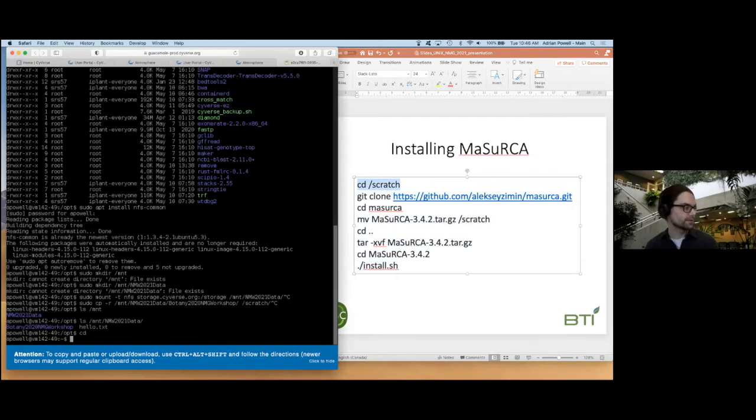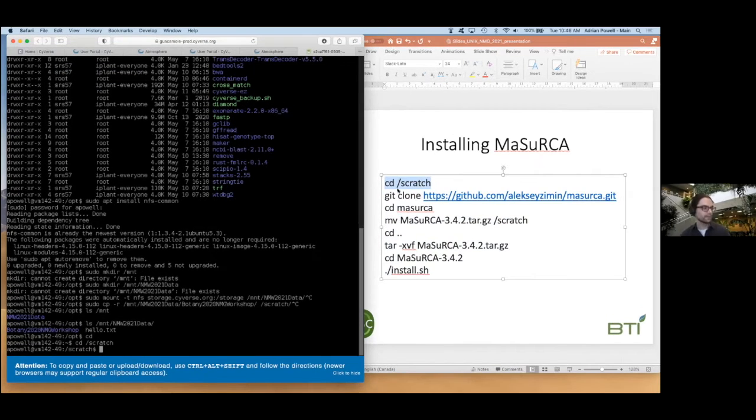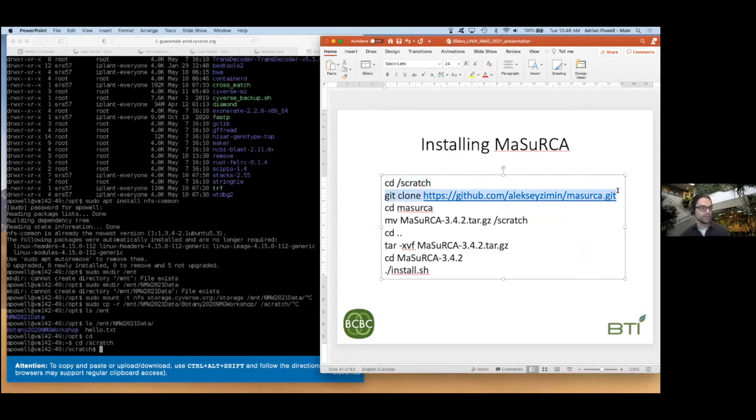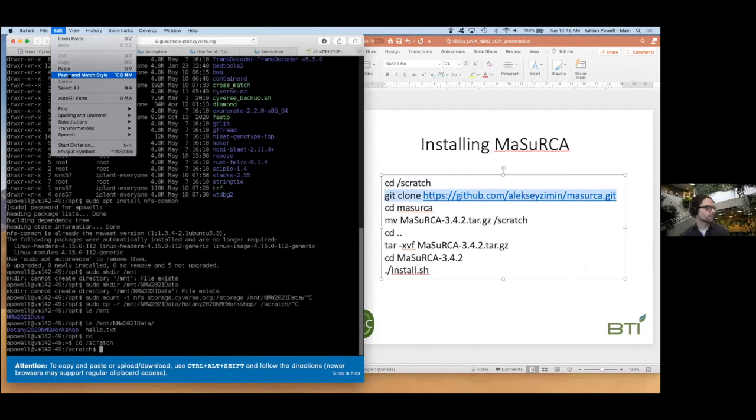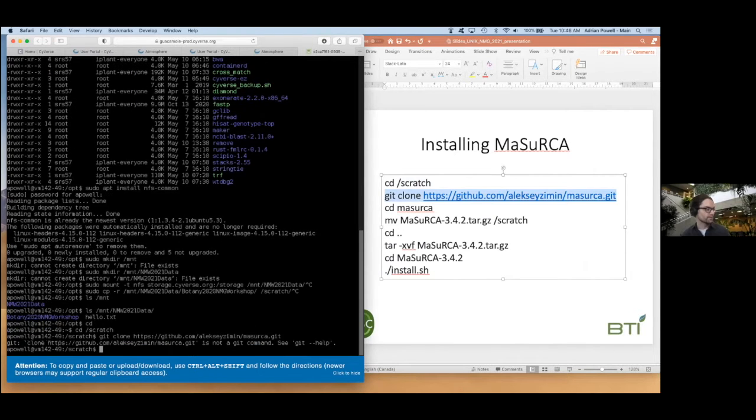First is cd /scratch. So here we're moving into the scratch directory, which is the main one where a lot of the work will be happening. That's where we have our disk space, as it were. So we'll do this git clone, installing things from